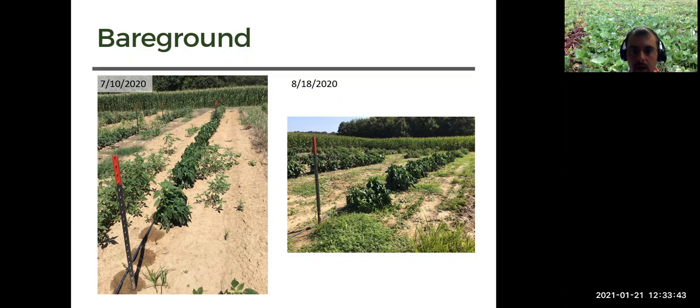Very low growing. In some of the later pictures, it kind of took over some of the treatments, especially along the edges of the plastic. We didn't really manage it and just left it, mainly because it's a little harder to control, and it was actually providing us some service as far as erosion management at the Waterloo site. So later in the season we went ahead and left that. So it's a few notes, but you can see bare ground